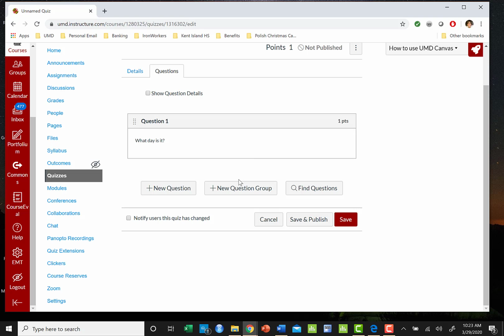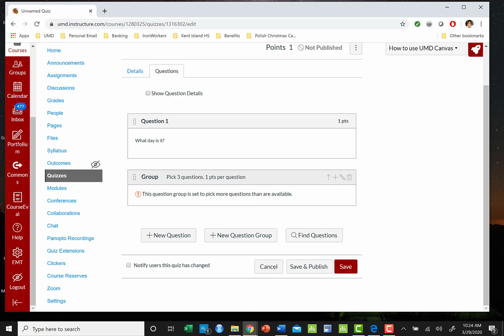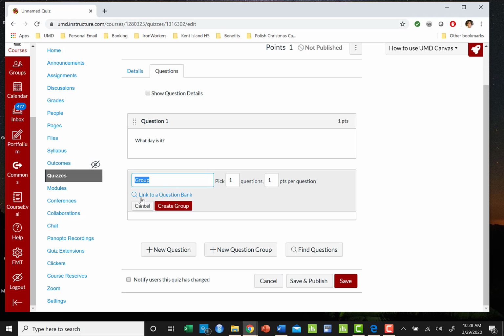Now, I want to make sure that I have multiple versions of this question number 2. So I could do this. I want to create a question group. I'm going to call this group normal distribution. And how many questions do I want on my quiz on the normal distribution? Well, I only want one question, and I want it to be 1 point. So now I need to actually create the group